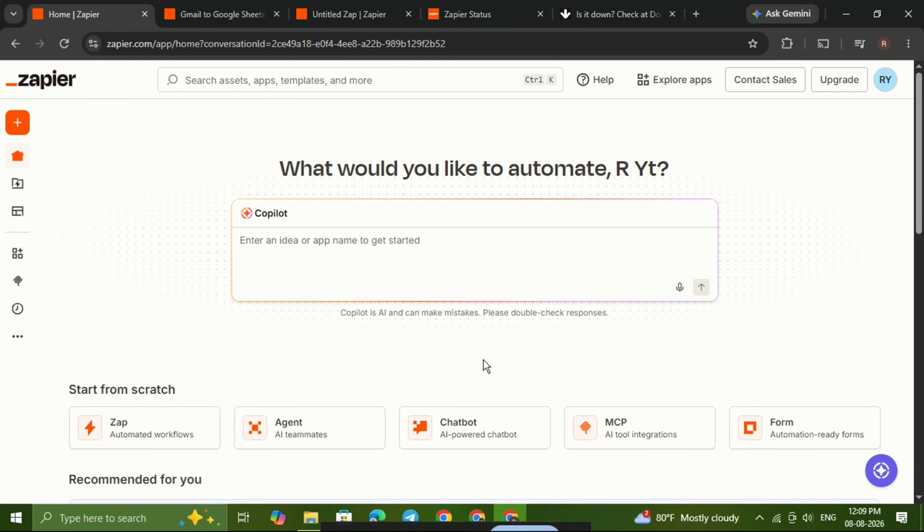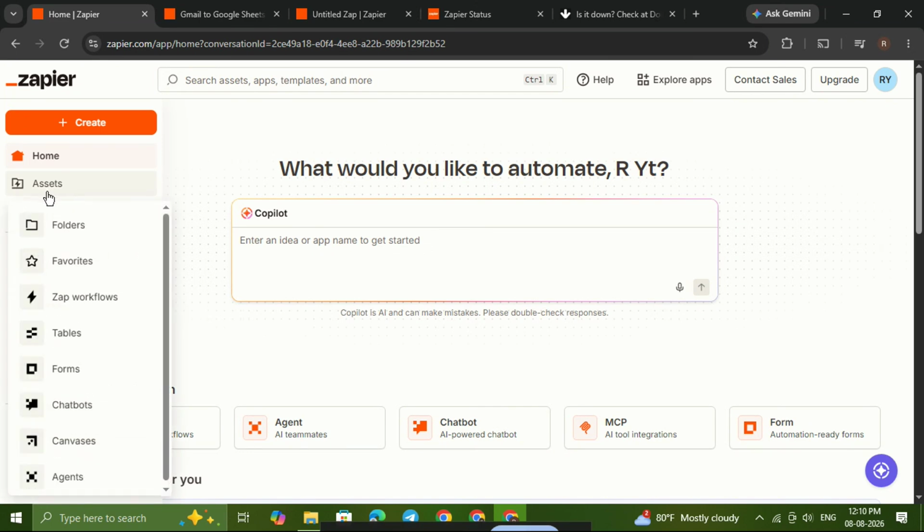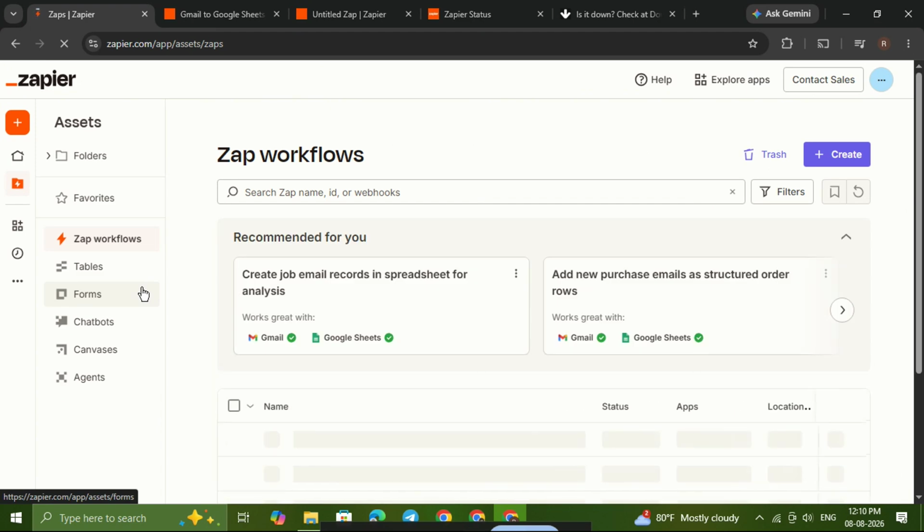First, go to Zapier and sign into your account. Once you're inside the dashboard, look for the Assets section. This is where you can manage the resources tied to your Zapier setup. Click on Assets, then find and click Zap Workflows. This will take you to the area where your workflows are listed so you can identify the specific Zap that